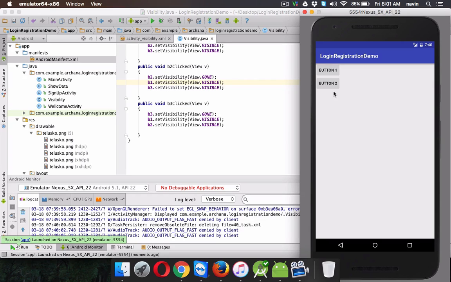Now it's not just that you'll be able to use the invisibility feature with buttons. You can use it with anything, a layout, an image view, anything you want. Cool. So that's how we work with